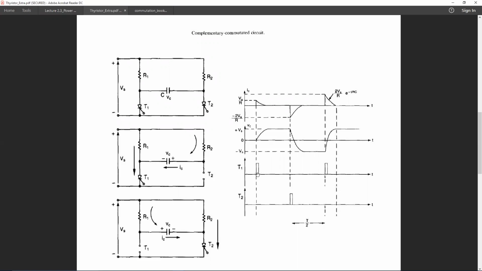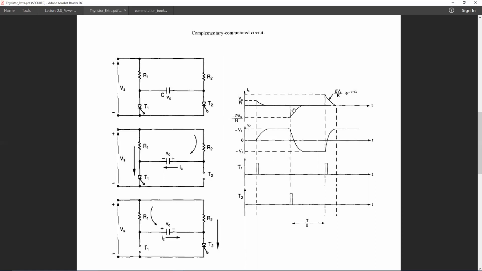So if we first trigger T1, the capacitor will charge to a voltage. Since this is only an RC circuit, not an LC circuit, the capacitor won't charge beyond this supply voltage. So the capacitor will be charged and stay like this, and the current of the capacitor will diminish after the capacitor is fully charged. In this portion, T1 is on. So if we turn on T2 in this section,